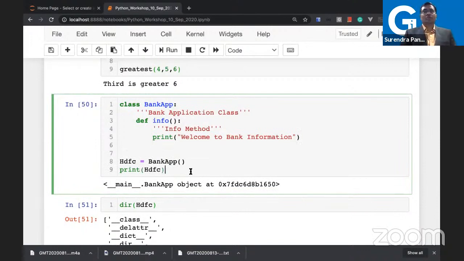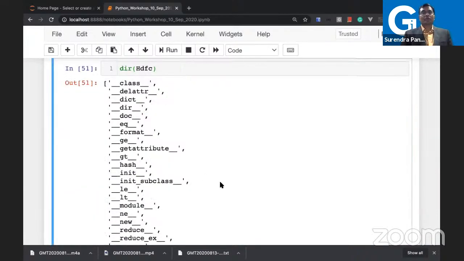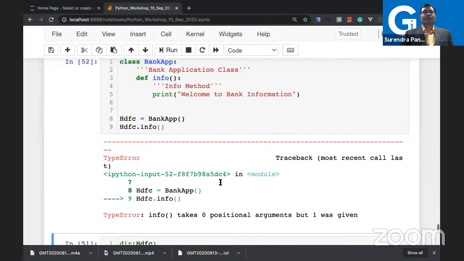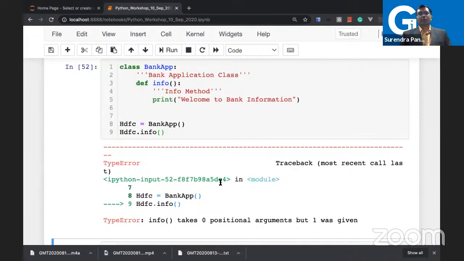And let us try to access it now. What happened? We are going to check it. Usually we do it this way, right? And see the result. What you see is there is an error. And this is very important to note, that whenever you are trying to write an empty method without any parameter,